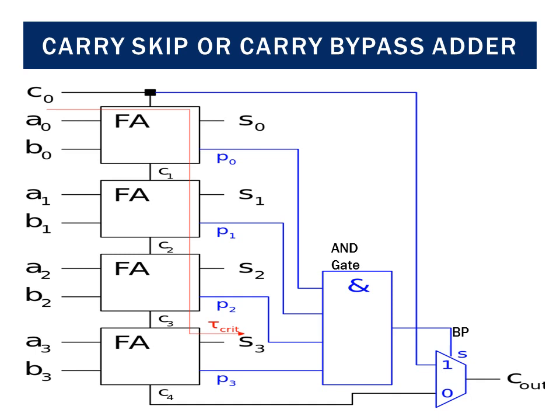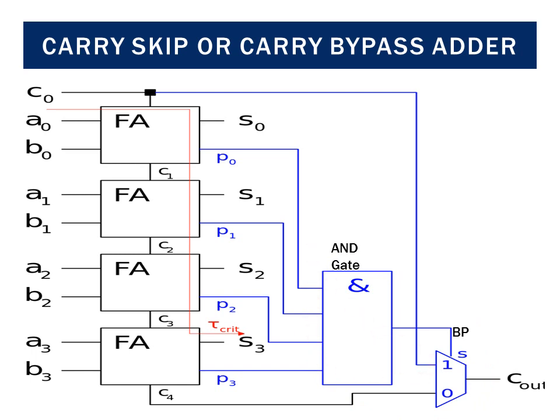Now let us understand the working of this carry skip adder. You will find that for each of these full adders, the P bit is brought out, which is a propagate signal, which is nothing but, as we have already seen, A0 exclusive or B0. All these propagate signals are given to the AND gate, and the output of this AND gate is given as a select signal to this multiplexer. So basically carry skip adder comprises this AND gate and this multiplexer.